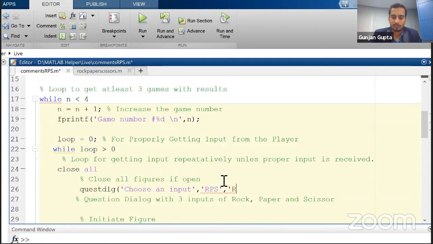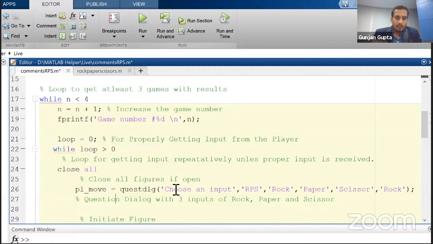And then I'm giving it a 3 option, which are rock. Then it will be paper. And then I'll be taking scissor. Please take precaution that when you are mentioning these things, rock, paper, and scissor, even a small r or an extra space or an extra s, whatever you choose, should be matched in the later on. If you are comparing the two string, we will also be taking a default string. So let me just take a default string rock part. And since we need to have it in a variable to compare with, so I'm taking PL underscore move, standing for the player's move.